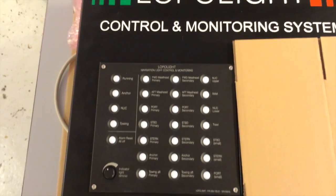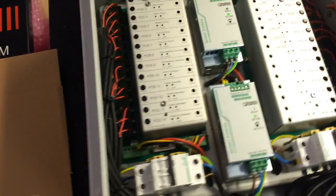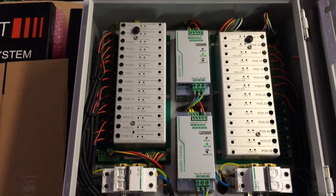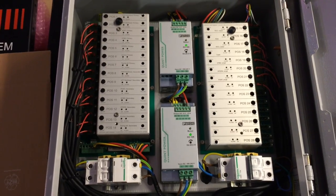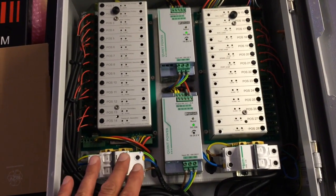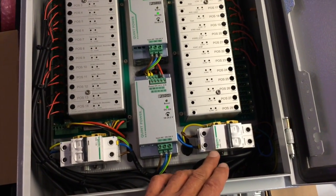Now a little demonstration of how the control panels are working and how the alarms are handled. Here we have the controllers, the power supplies. This is for demonstration purposes, mainly meant for civilian ships, but basically it's the same we are thinking of supplying to the Singapore project. Here we have the primary power supply, secondary power supply with main breakers, where we supply